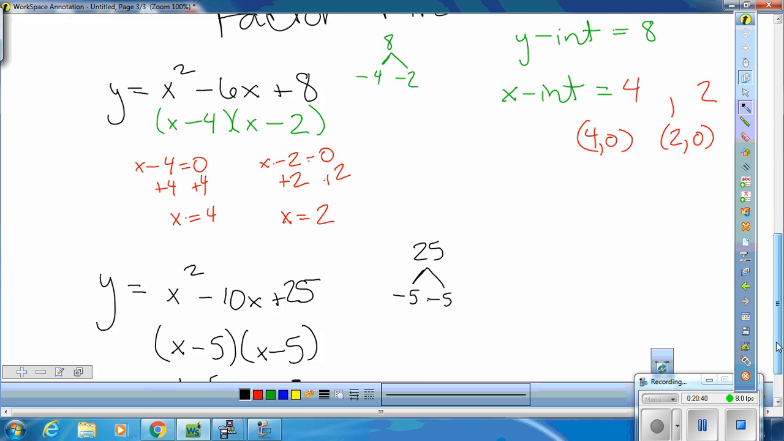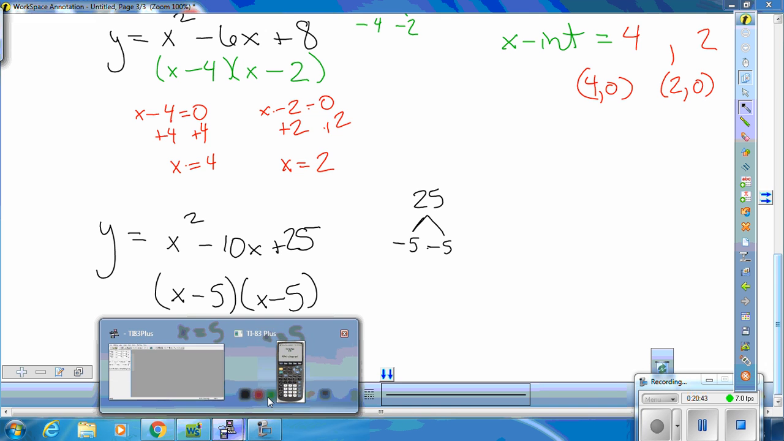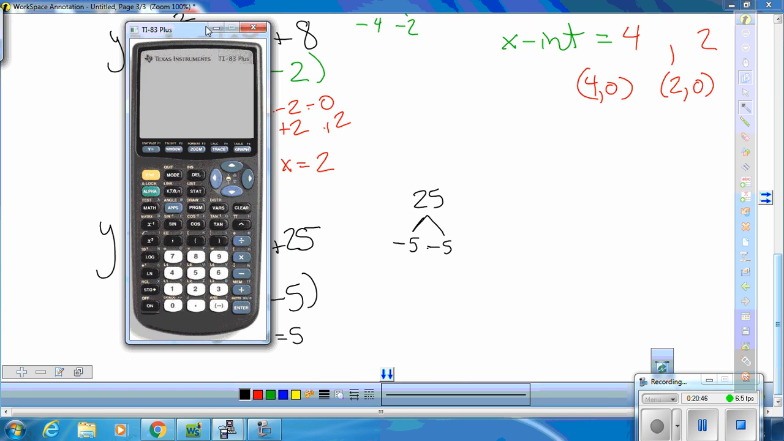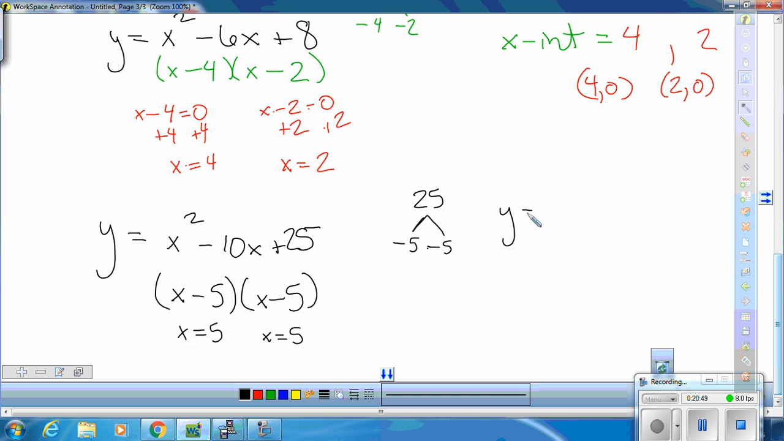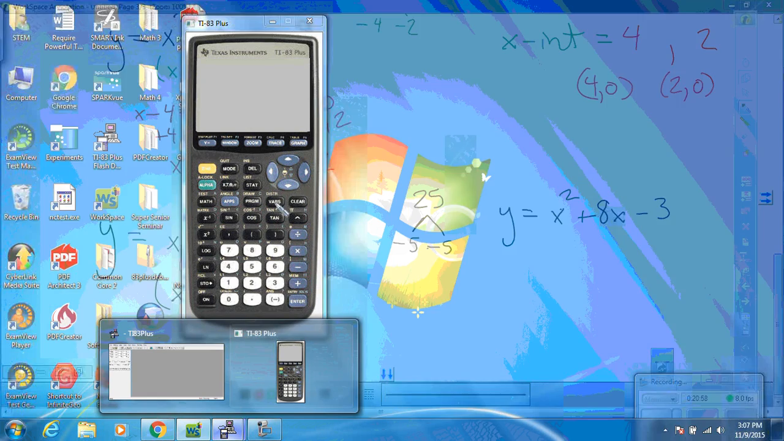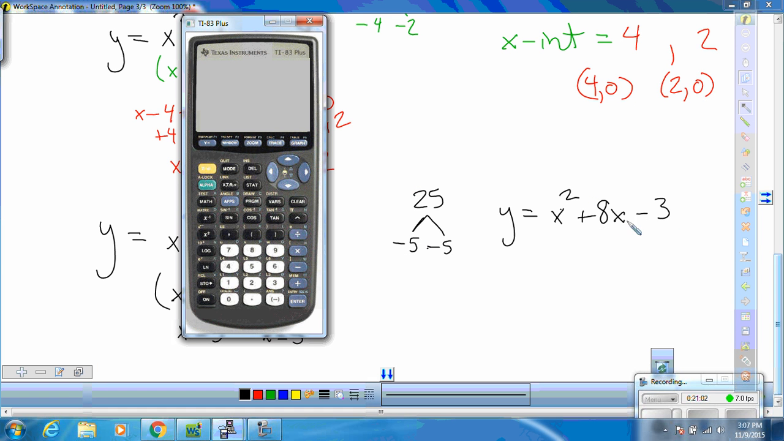Now, if it is not factorable, we can use our calculator to actually show us what our x-intercepts are going to be. For example, if I have y equals x squared plus 8x minus 3. All right, so if this is my parabola, there's not two numbers that I can multiply to equal negative 3 and add to equal 8. It's not factorable, so I can't factor it. So what I want to do to try and find its x-intercepts is use my calculator. If I go to y equals and type in x squared plus 8x minus 3, and then graph it,